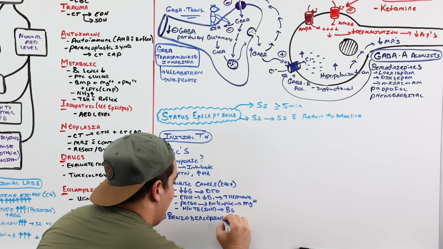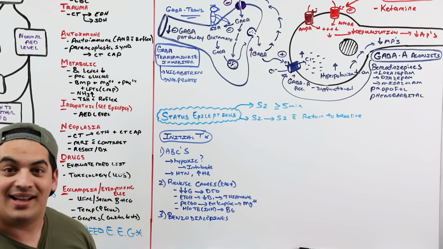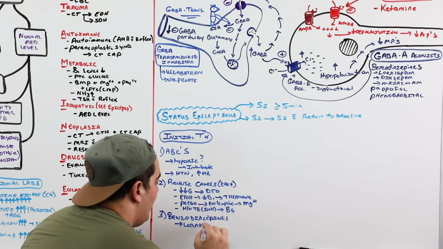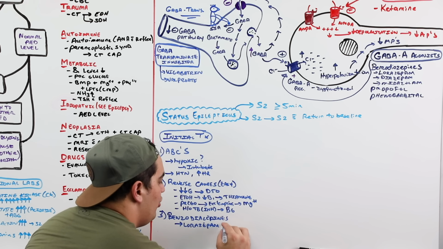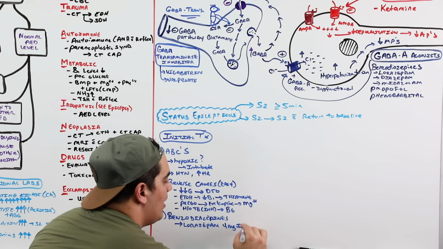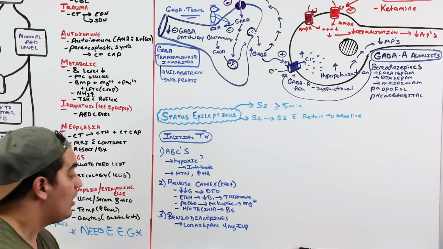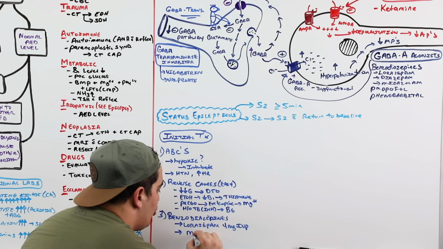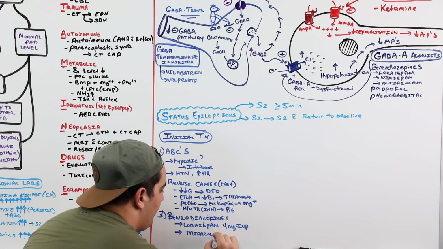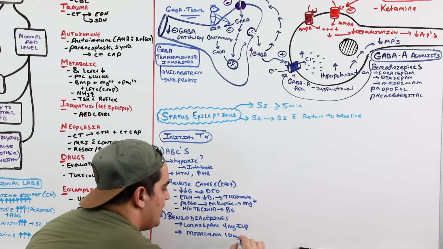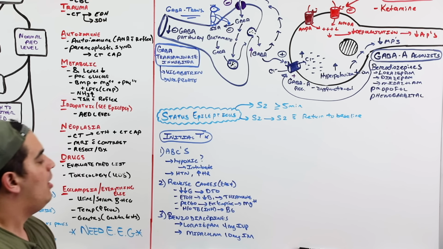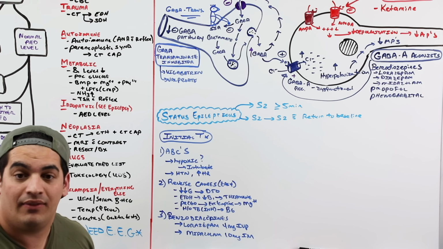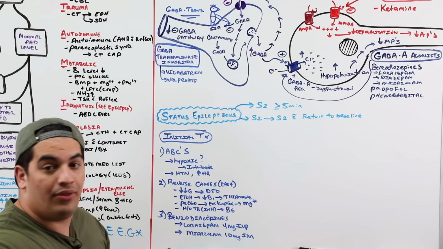Benzodiazepines. What are the benzodiazepines that you will start? The preferable one, if you have IV access, is lorazepam, and you can give this as a 4 milligrams IV push. The other one, if you don't have IV access, is a drug called midazolam, and sometimes they give this 10 milligrams IM. Either way, you give a benzodiazepine to increase the GABA A activity and shut down those seizures.